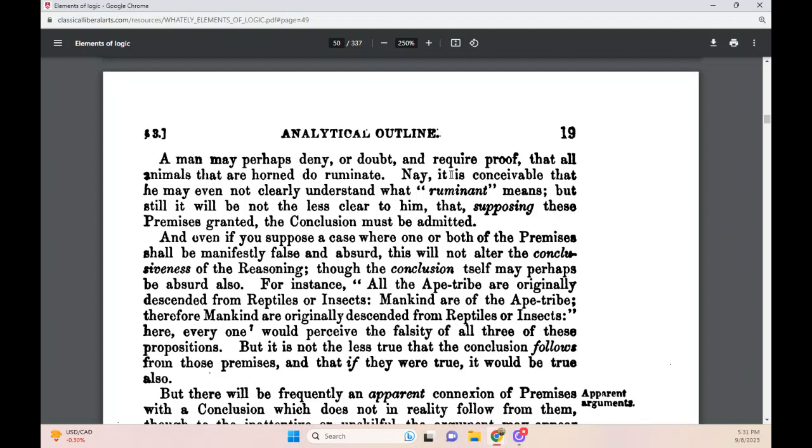Nay, it is conceivable that he may even not clearly understand what the word ruminant means. But still, it will be not the less clear to him that, supposing these premises granted, the conclusion must be